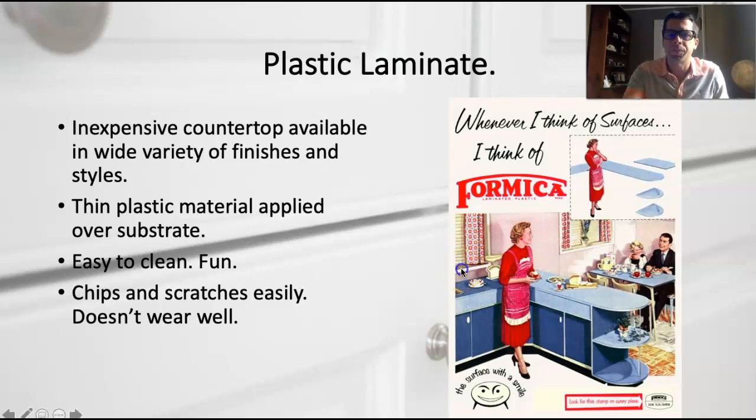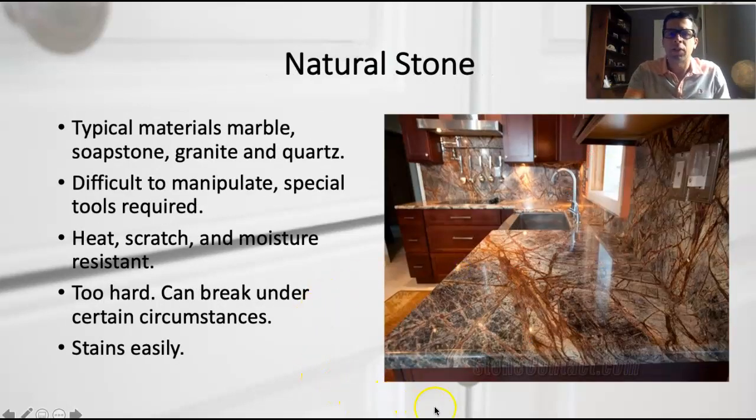Okay, natural stone is a stone that was quarried. Okay, it was dug out of the ground, it was mined, and it was slabbed up. Depending on how this was done, this can have some serious environmental impacts. But the most common materials are going to be marble, soapstone, which I really like soapstone, granite, and quartz. And then, quick note,